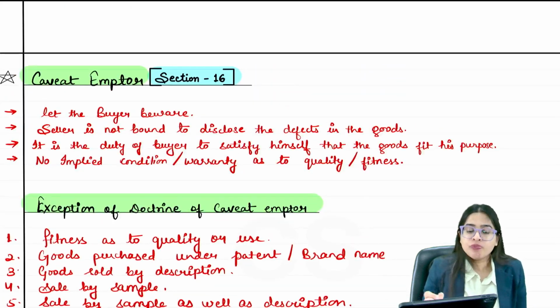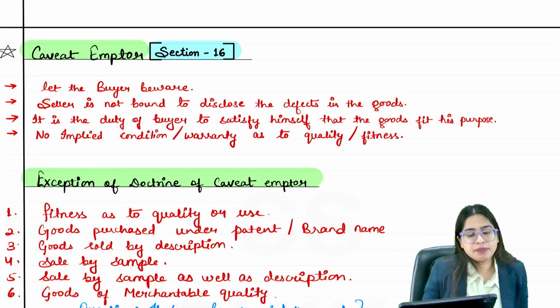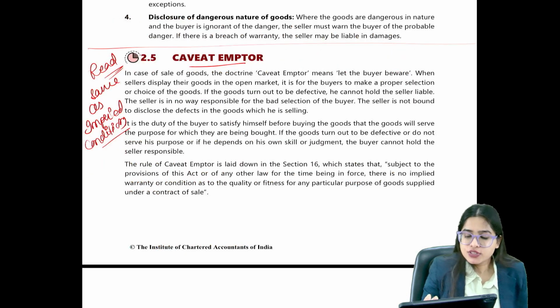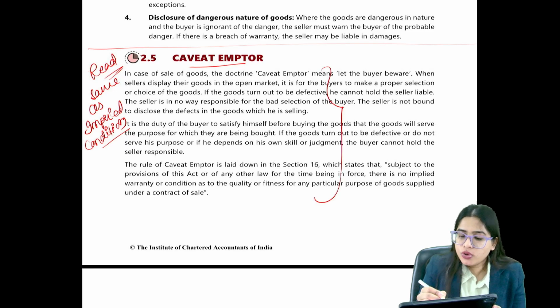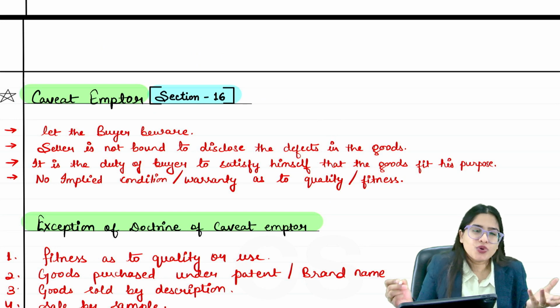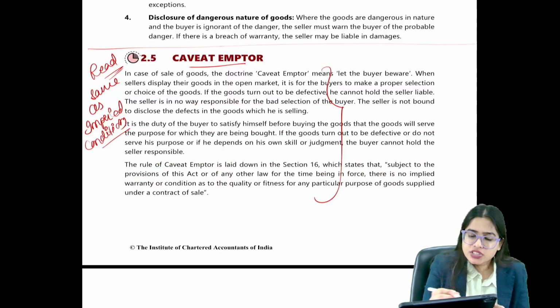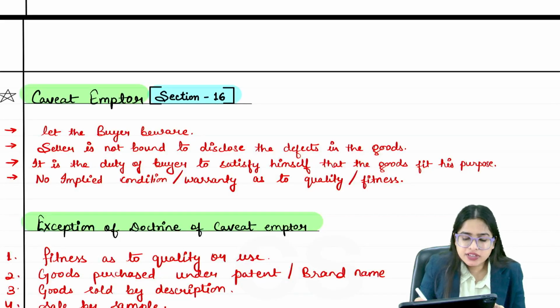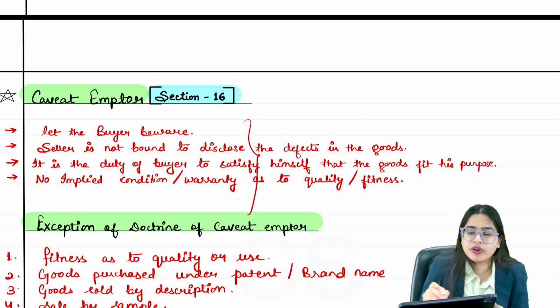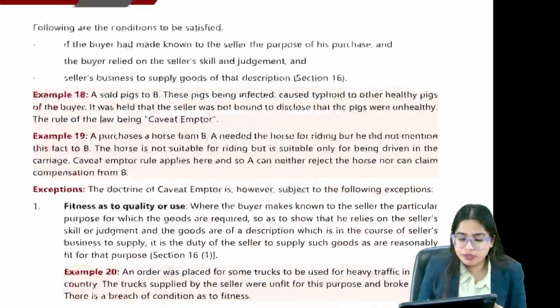Okay, now this is caveat emptor. Let the buyer beware. But there are certain exceptions to the doctrine of caveat emptor. If you see caveat emptor, this whole thing I have written here, these 4 lines, if you study them, that is more than enough. If the question comes, what is caveat emptor? Instead of writing this much, you can read these 4 sentences, and in answer to what is caveat emptor, you can write these 4 points also. Now if you come here,